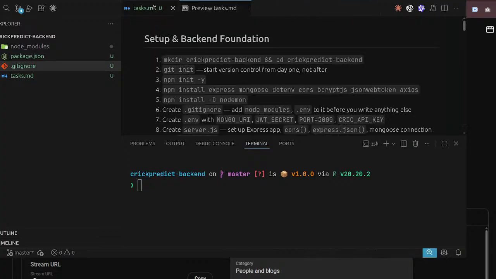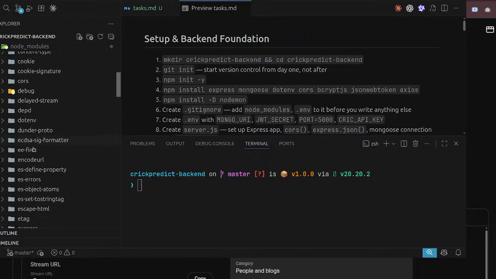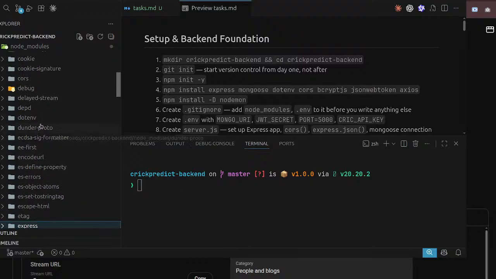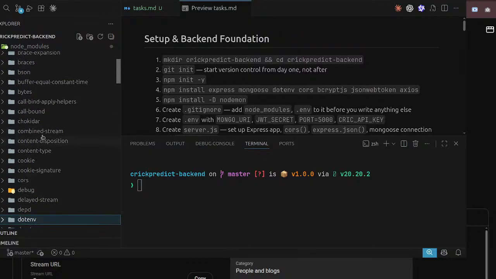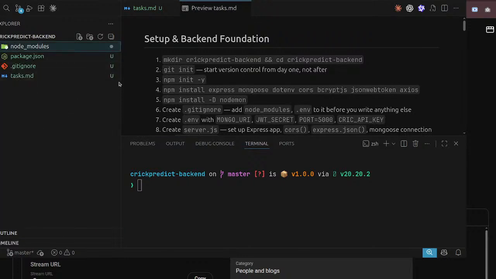Okay, and you can see what was coming inside of it. It's basically showing that Git is active and tracking these files. Now Git is not tracking these files, and we actually don't need it because we just download these kinds of files with npm. You can see express, you can see .env, a bunch of other things, Axios, which are out of scope. Let's move to the next one.